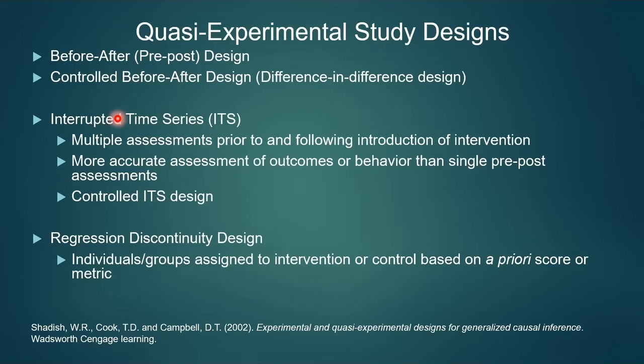Sometimes, however, these characteristics do change over time. In fact, secular trends in outcome rates are well known. And in order to adjust for those secular trends, we might have a controlled before-after design, which is also called a difference in difference design. So we have the before-after that I just mentioned, say in some facilities where we looked at the outcome before and after the intervention in facilities that were going to become subject to the intervention.